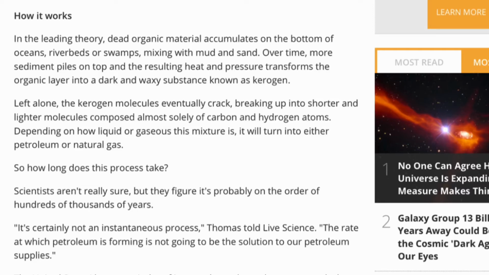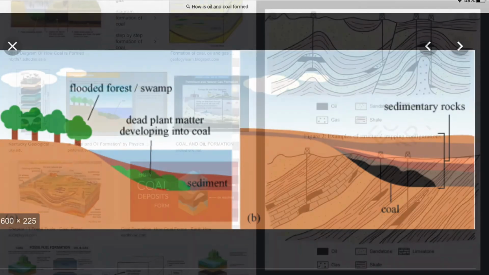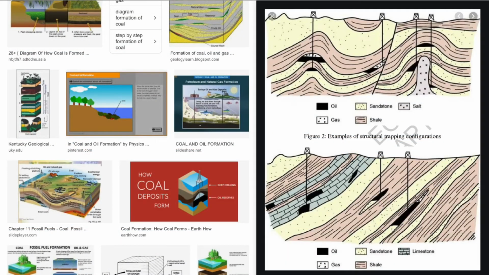Now, where would all this water come from if there wasn't this huge flood? Scientists say it takes millions of years or hundreds of thousands of years for this stuff to happen, but they really don't know. There's usually sedimentary rocks on top of the coal or oil. Now, if there are these swamps that cover the earth and all these animals and plants died and fell in the swamp, would there be one constant stream of oil and coal in there? But there are all these huge pockets of oil and coal.